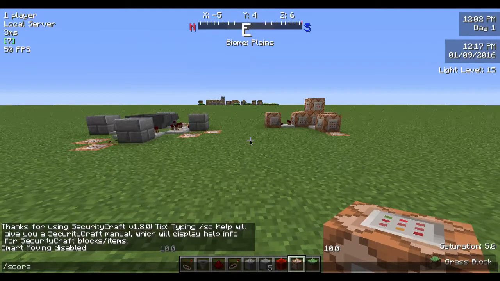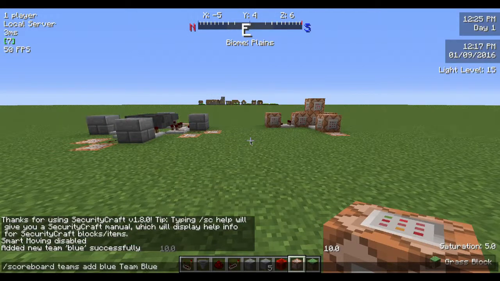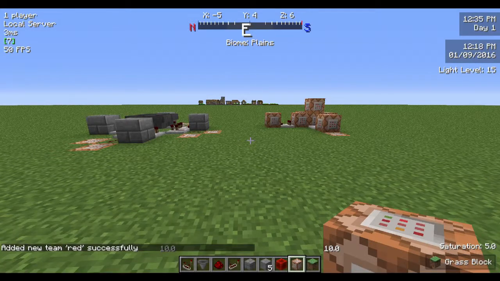But you want to do scoreboard teams add blue team blue. Okay, so this is just the scoreboard. You're adding a team. This is the name of the team, and this is the display name of that team. Okay, and you want to copy this with each other team. So red team and red,